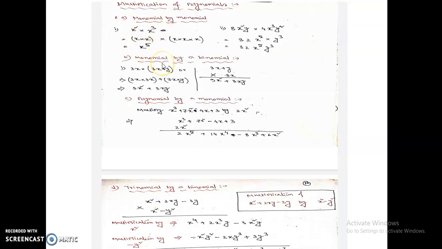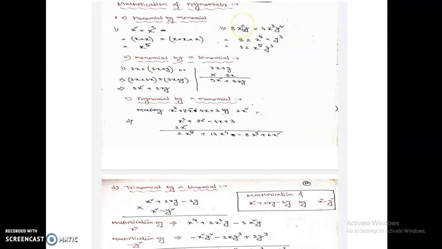We have already learned this topic in the previous chapter of maths, that in case of multiplication the powers are added up, right? So here you can see the powers are being added up. The powers of x is 2, here the power of x is 3, so we are adding up these powers, 3 plus 2, 5. Okay, so here also you can see 8x square y into 4x cube y square. So it will be 8 into 4, that means 32, x square into x cube, that means x to the power 5, y into y square, that means y cube.